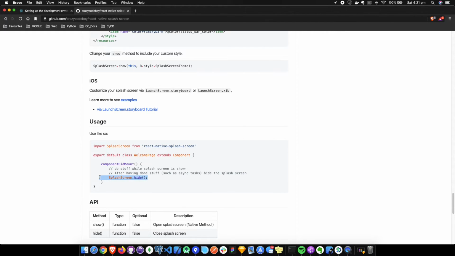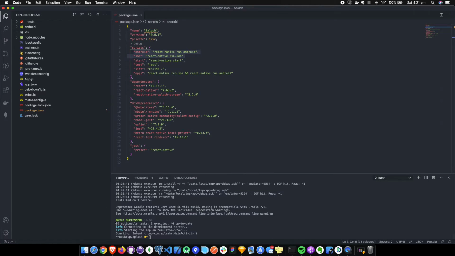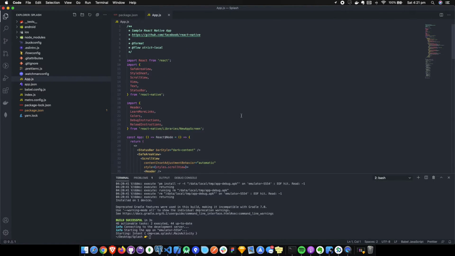We want to run SplashScreen.hide. But if you're like me and you're more of a modern React developer, you're probably using hooks. Right? So I'm just going to go allow, whatever. So in the main app file,